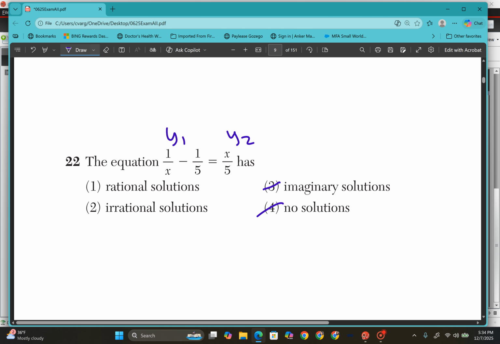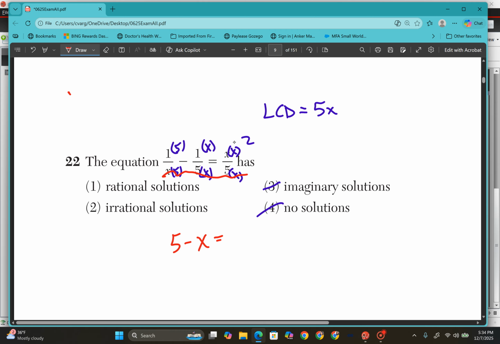Okay, so what we have to do here is look for our lowest common denominator, which is 5x. This one has an x, so I need to multiply it by 5. Whatever I do to the bottom, I do to the top. This one has a 5, I need to multiply it by x. This one has a 5, I need to multiply it by x. We did this lesson around Halloween. Now when the denominators are the same, you can get rid of them. So we have 1 times 5, which is 5, minus 1 times x, is equal to x times x is